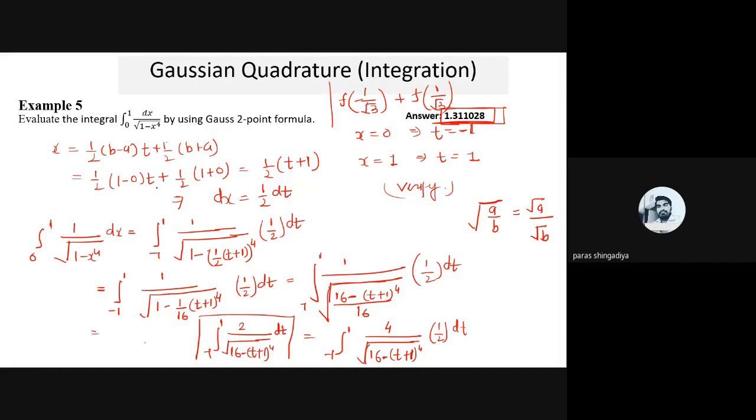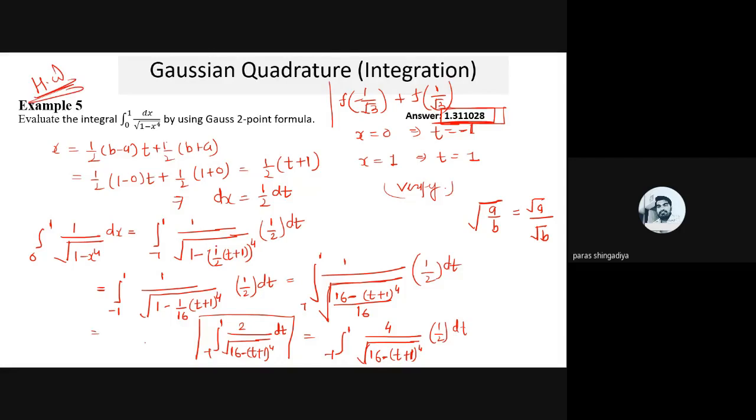It's very easy now. You just have to check the function output only, using any technique or method. You can consider the decimal form directly, or simplify the denominator first, then find the division. Any technique to solve it, you can use it now. And just check the answer. It should be 1.3111028. Okay, so just try it. That is for homework evaluation of the 2-point formula.